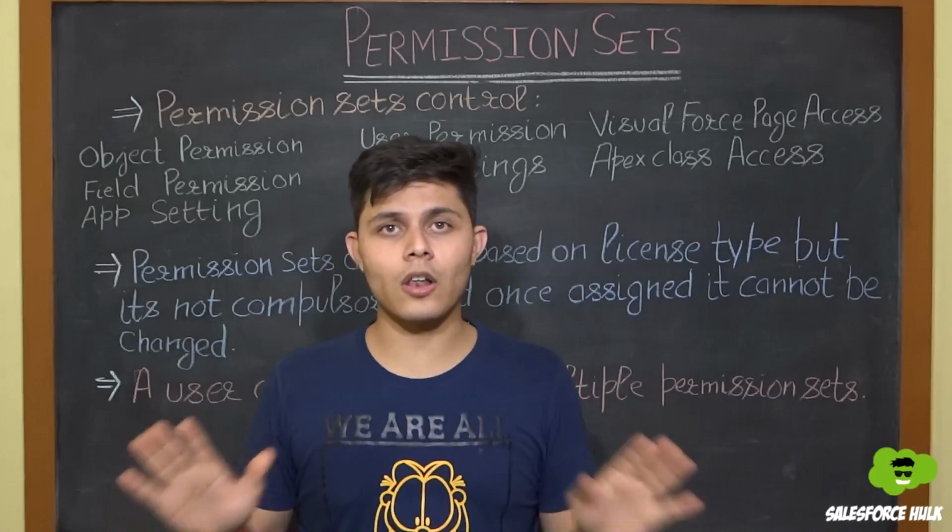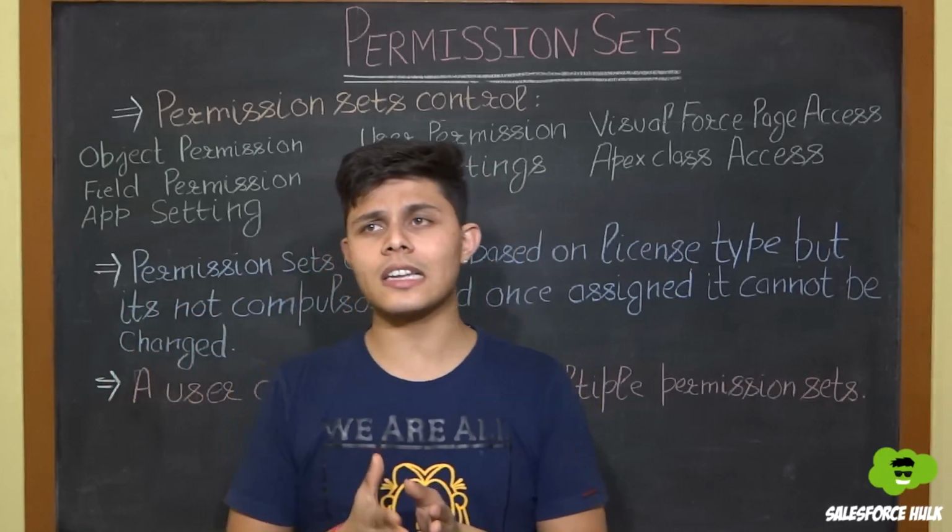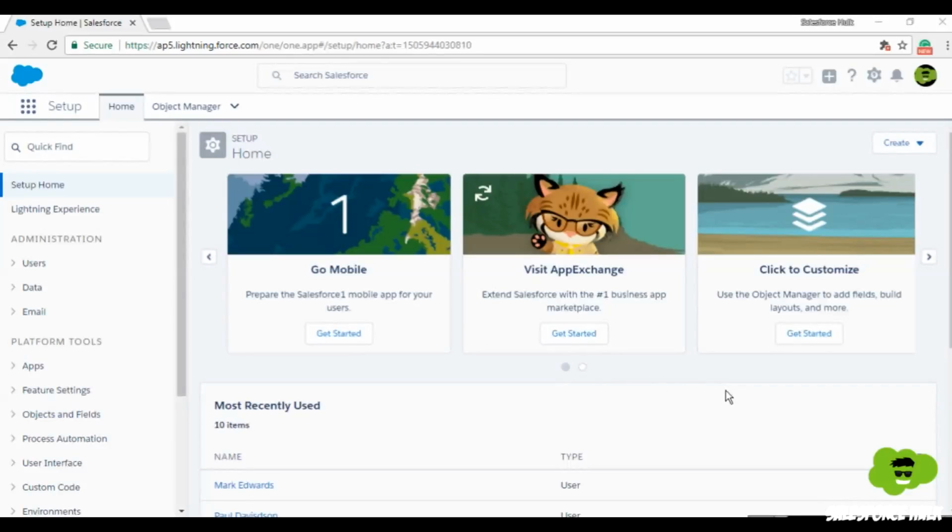So this is all what you need to do with profiles and permission sets. Now let's see how we are going to create a permission set and assign it to a user. Now I am back with another demo in the same video, and that is of permission sets. In permission sets, I'll simply take an example of the bank account object,